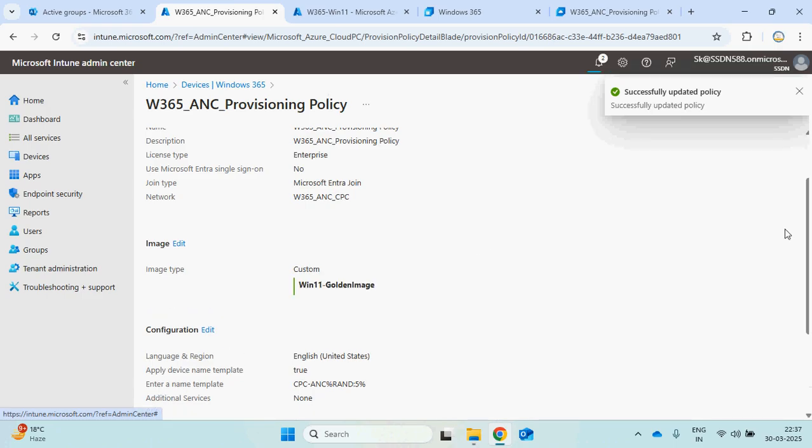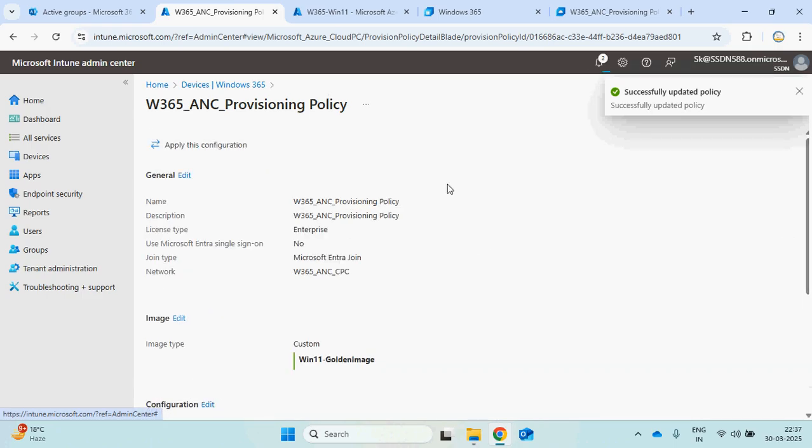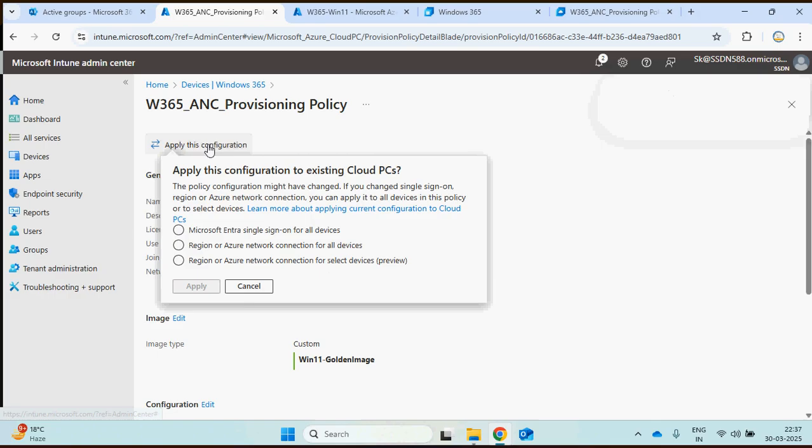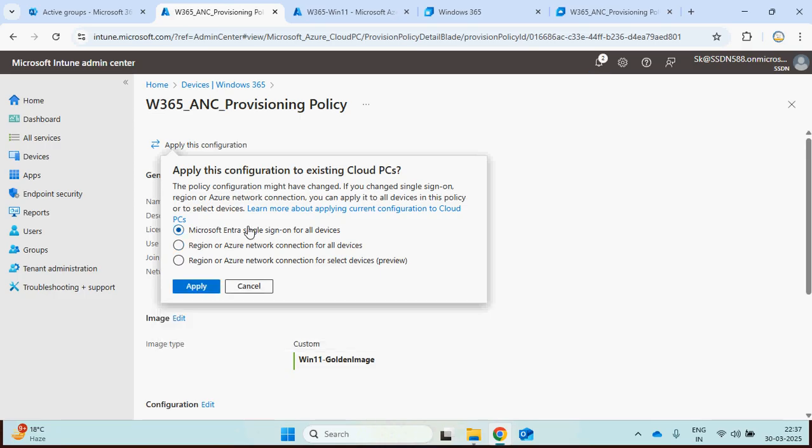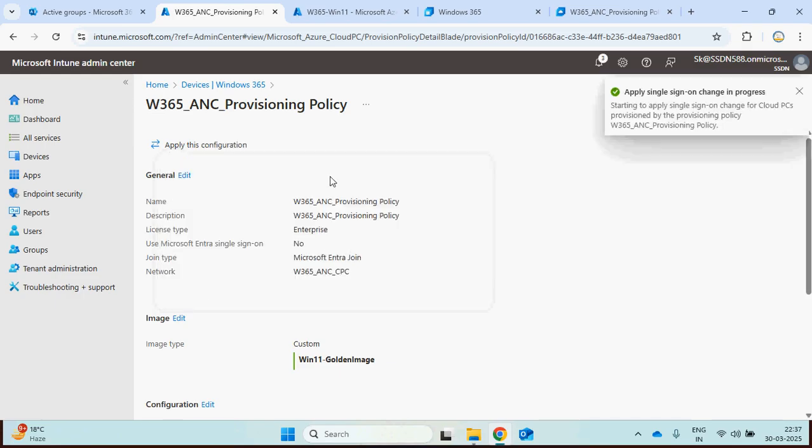Once we update, we go back, and then we can click here, apply this configuration. So apply these configurations on all the devices, or only the Intra joined devices. So you can just apply it.